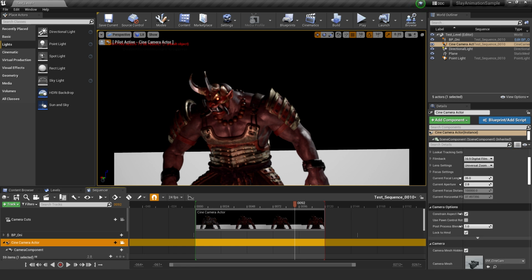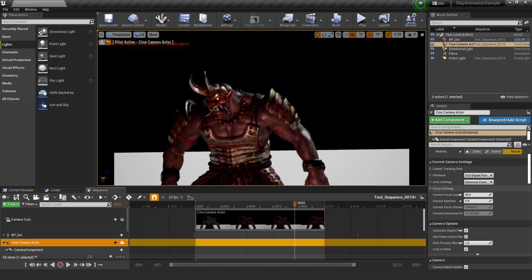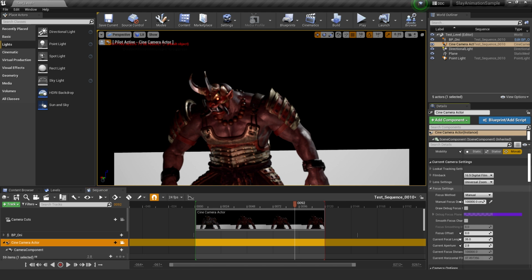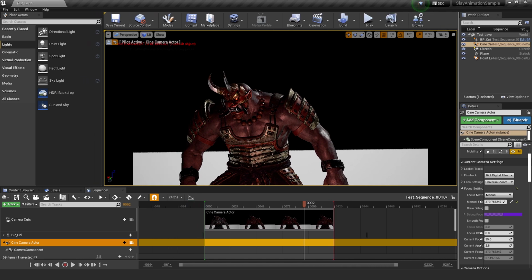And so what we're going to do here is real quickly go into our focus settings for our cinematic camera actor. We're going to stretch this portion out for you because this needs to be seen. The manual focus distance. We're going to click on the eyedropper and focus on Oni, because he was very blurry before and we need him to be very crisp and sharp in this instance.